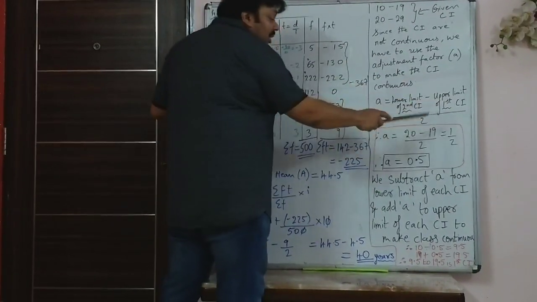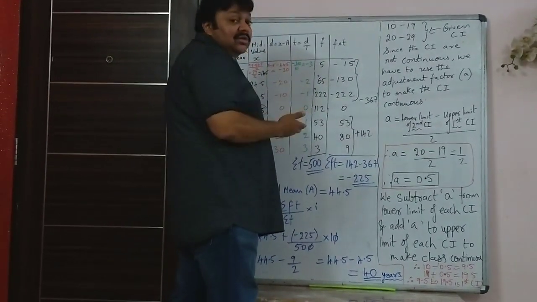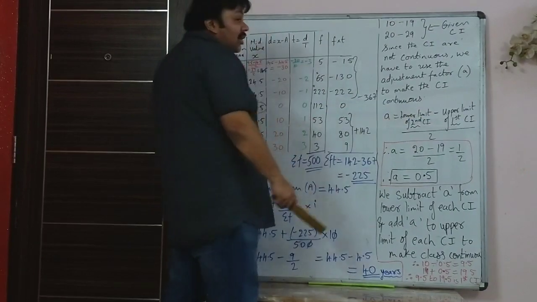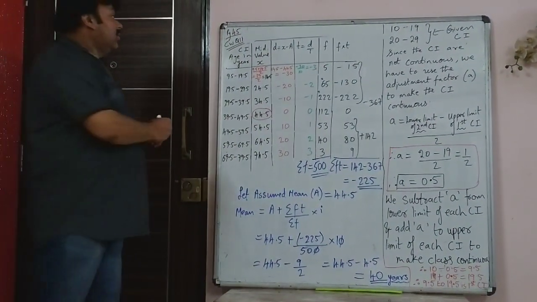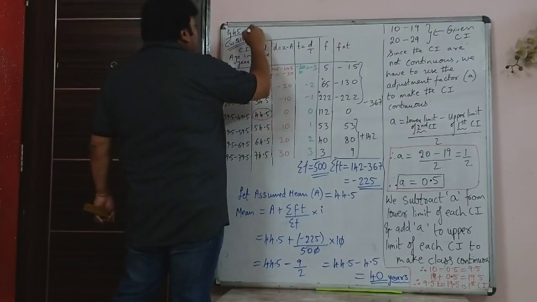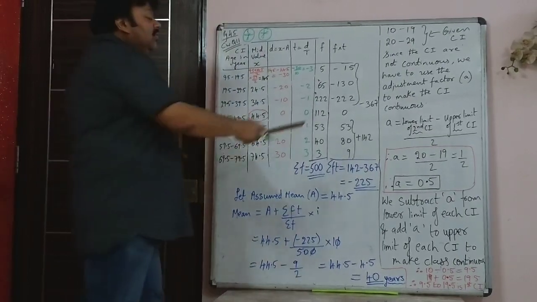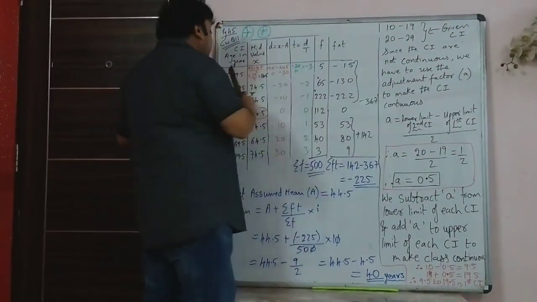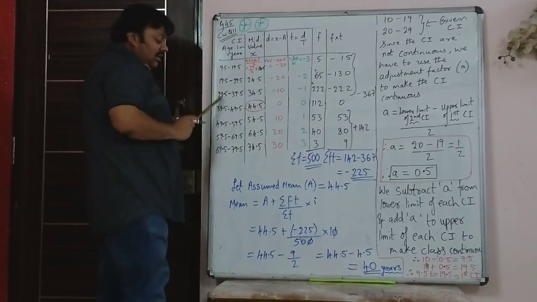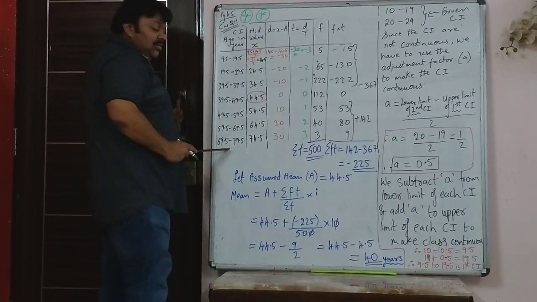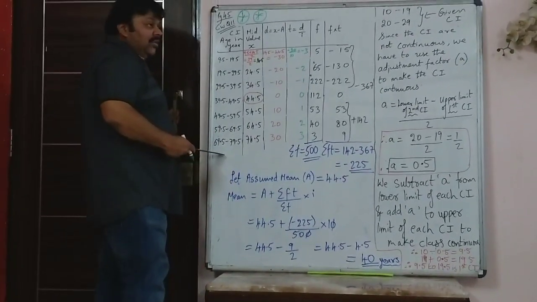Now you learn this formula a couple of times so that when you come to the sum, if you get such a sum in the exam, you don't forget how you found the adjustment factor. So mark this sum as important also. Important because it has adjustment factor and you have to learn how to adjust the class. So 10 minus 0.5, 9.5. 20 minus 0.5, 19.5. And same way the lower limits. Up to the last class, which is 70 minus 0.5, 69.5.